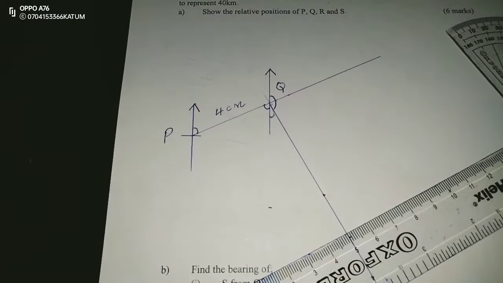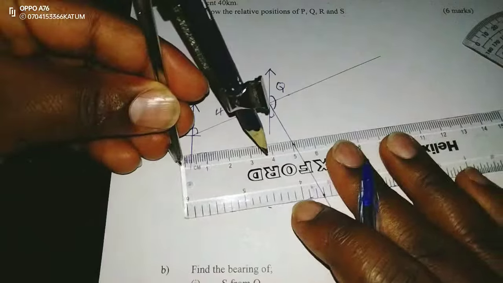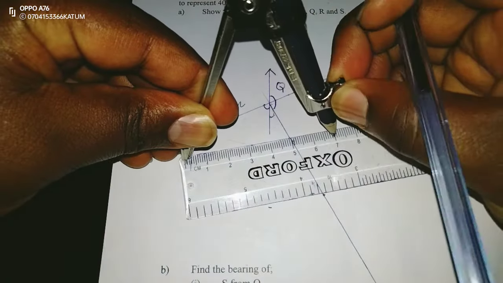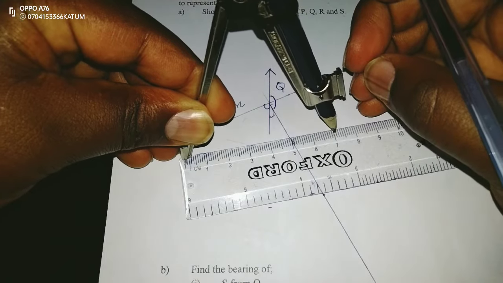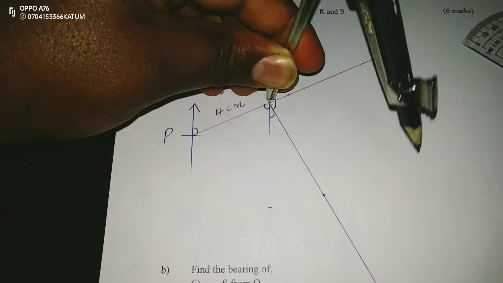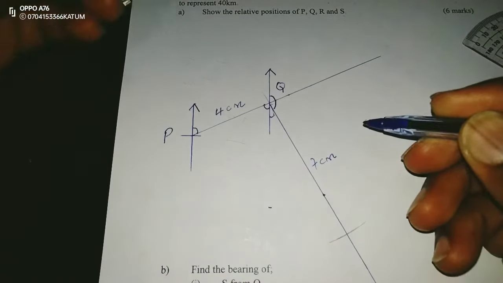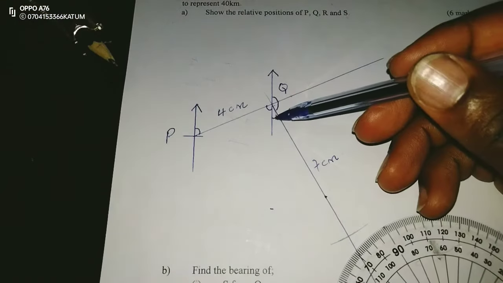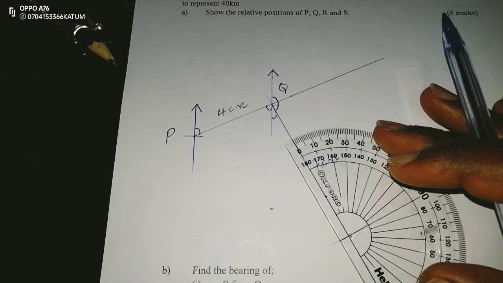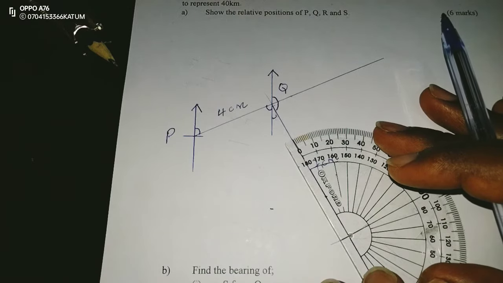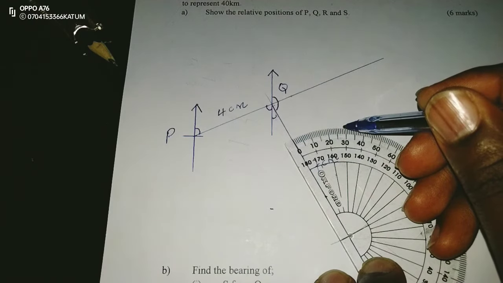Then standing at Q, I'll be able to locate R. Therefore, let me measure that distance. 7 centimeters. This is accurately 7 centimeters. Then I transfer now this distance to the paper. This is 7 centimeters. This means now, if I left an angle of 28 degrees here, if I measure another 28 degrees at this point,